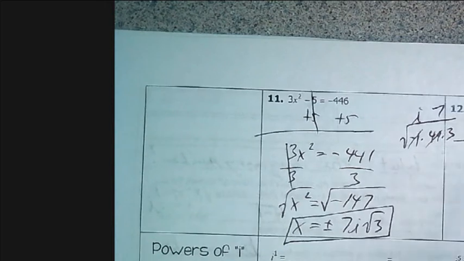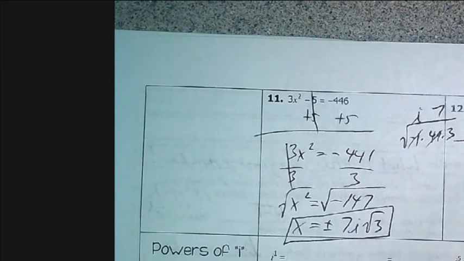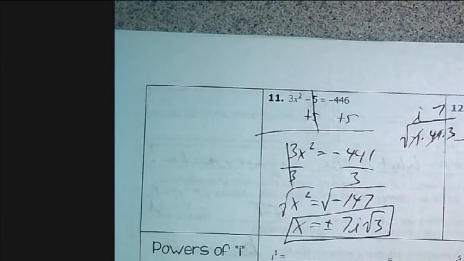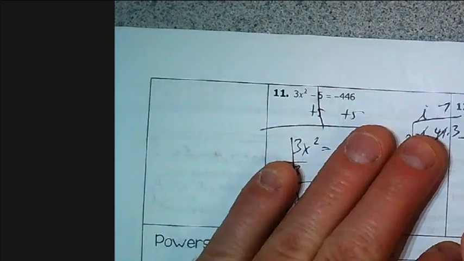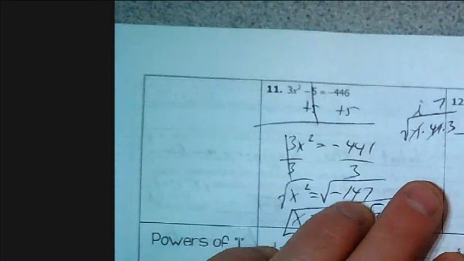You can multiply both sides by the reciprocal of negative 2/3, which will be negative 3 over 2. Or you can multiply both sides by 3, or negative 3, and then divide by 2. Either way, it doesn't matter. Okay? So if you multiply both sides by negative 3 over 2,